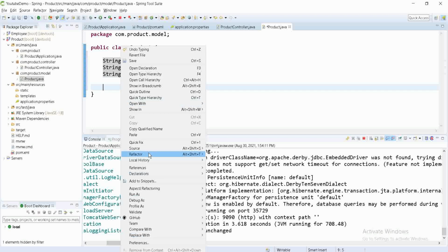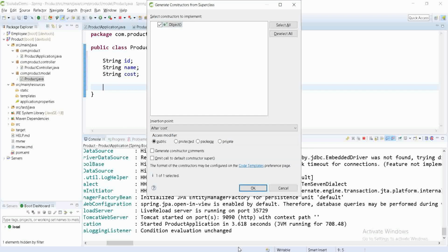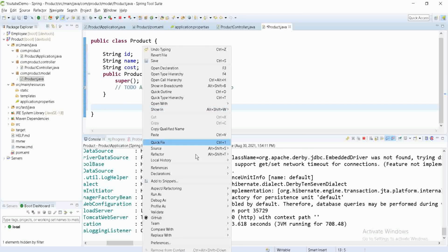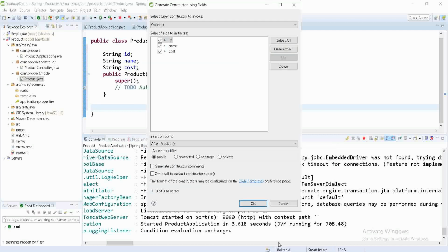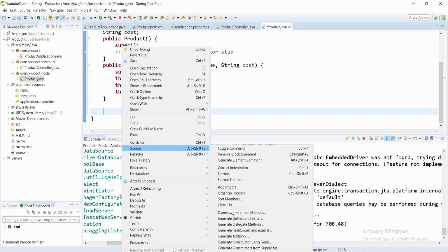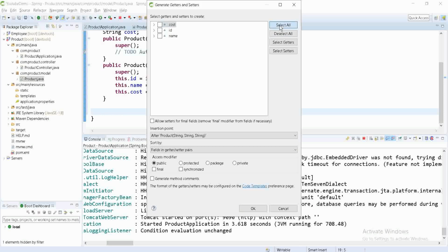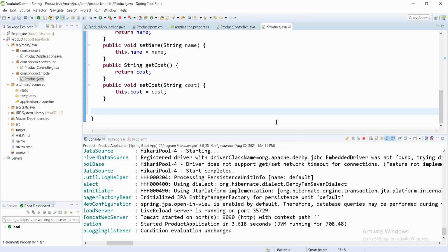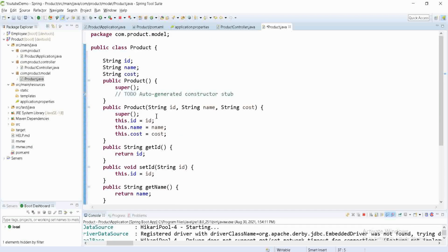We will create the default constructor, then one parameterized constructor. Here you have to select all the fields, click on OK, and it will create the constructor. Now we have to create the getters and setters. So let's click on generate getter and setter, select all, click on OK. So here you can see our getters and setters, the default constructor and the parameterized constructor are ready.